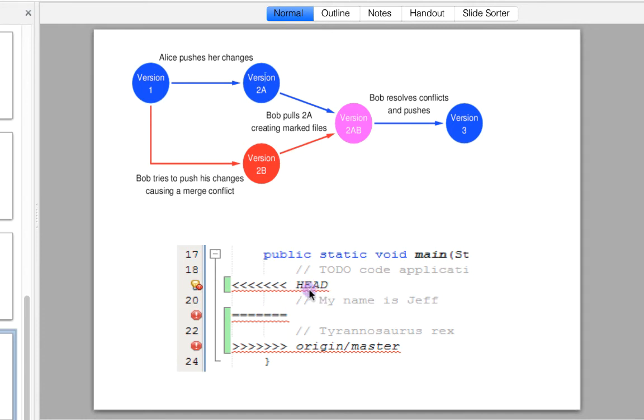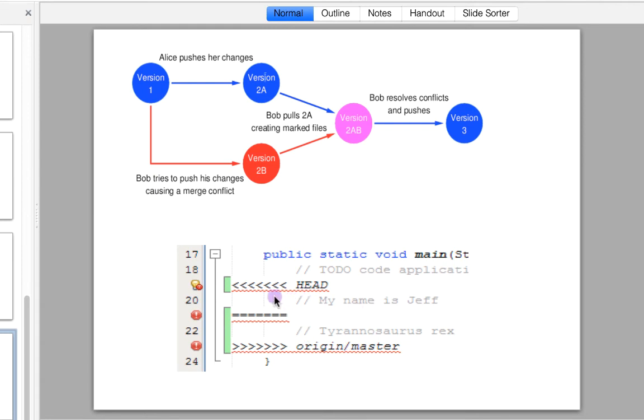As I told, the HEAD pointer points to the current branch and latest commit. So the code between the HEAD less than signs and the equal signs is your code, and the code between the equal signs and the greater than signs, or origin master, is from the remote branch.